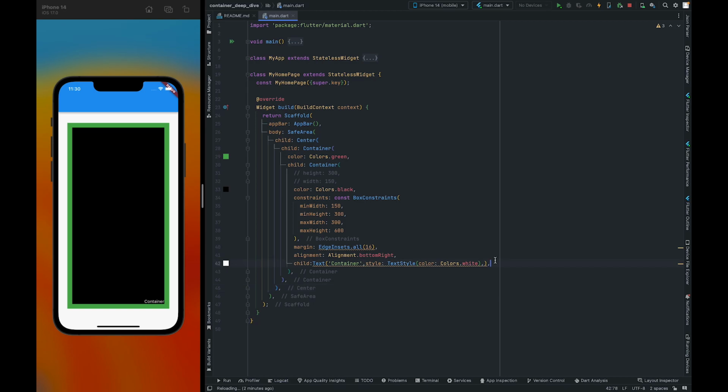now we can talk about padding. So margin is used to give empty space around the container. Padding is used to give empty space inside that container. So as soon as I auto reload the application, you will see the container text moved a little bit left and upward. Okay,